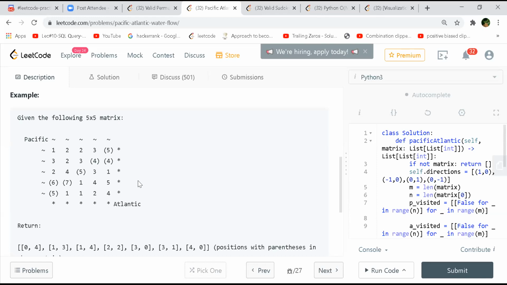But isn't that also not an optimal solution? No, we are starting it for each of the nodes. So for each node, we are doing DFS. So there will be n square nodes, and then again for the DFS, we would need n square complexity. So it will be n to the power 4, I guess. Yeah, because n square elements and n square DFS per element. This is why we can treat it as a brute force one.